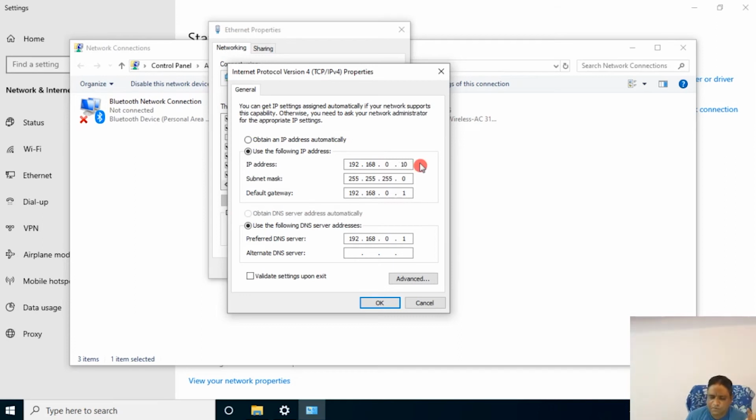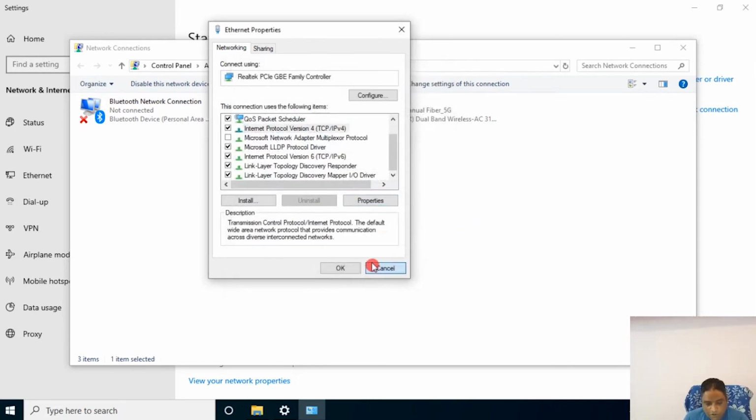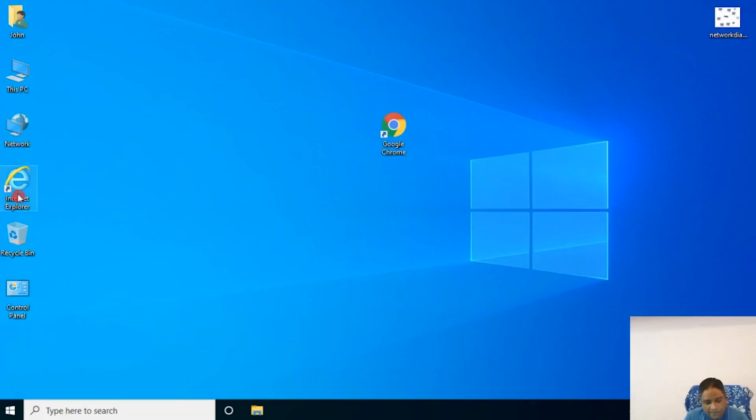So why do we use an IP address? So that this computer connects with the other computer and they communicate. Both computers should have a similar IP address. If I have a different IP address on this computer and a different IP address on the other computer, in a different range, they won't communicate. So basically this is an IP address, configured with the help of the network icon.